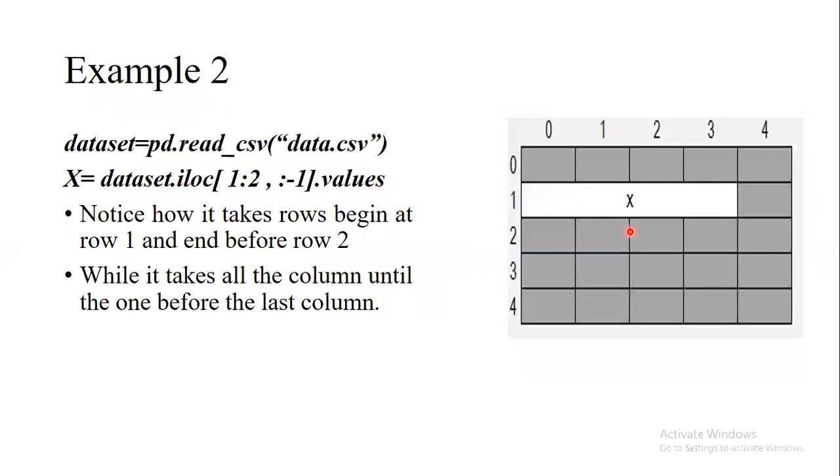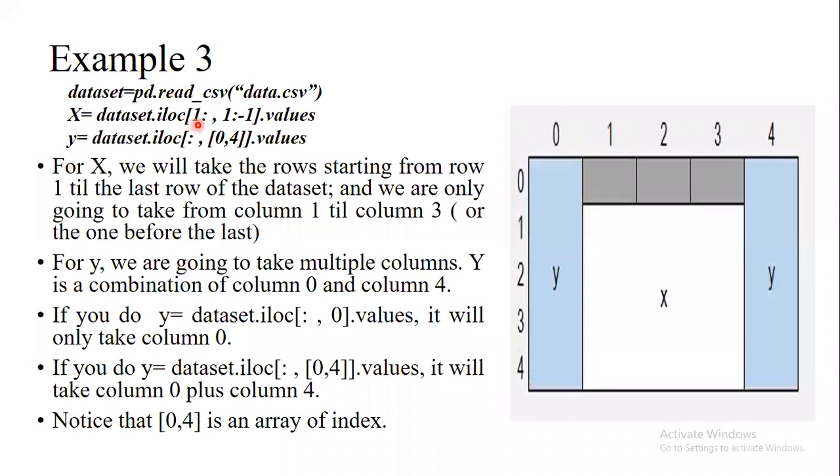So the next thing is what we are doing here. Now I'm making only x values 1 to 2. That means first row, excluding the last one. The remaining, only this part, will be considered as your x. So first row to last row, then 1 and -1, till excluding the -1. Remaining everything will be considered as your x.